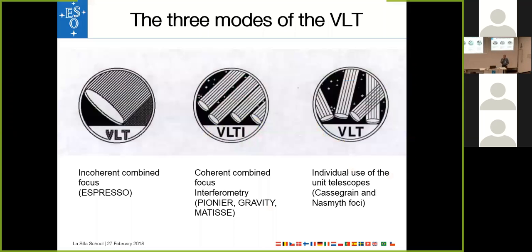This is a picture that I like to show because it goes back to the very beginning of the VLT. This is in one of the very first VLT documents that shows you how the VLT can be used. It can be used as 4 individual telescopes, 4 8-meter telescopes that just look at wherever each of those telescopes looked at, but they can also be coupled together into the VLTI, in the